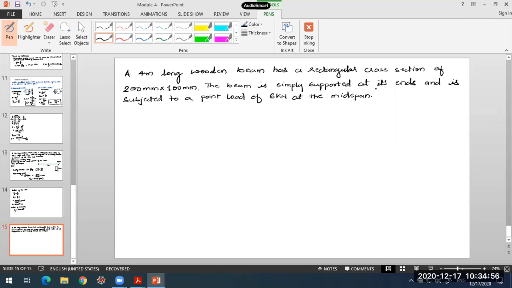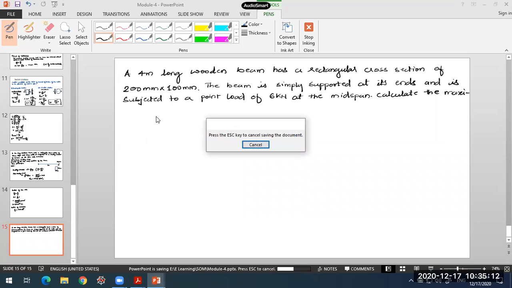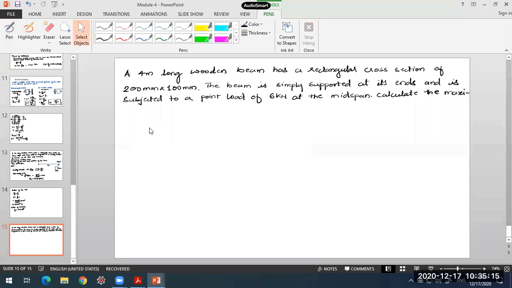Calculate the maximum bending stress induced in the beam